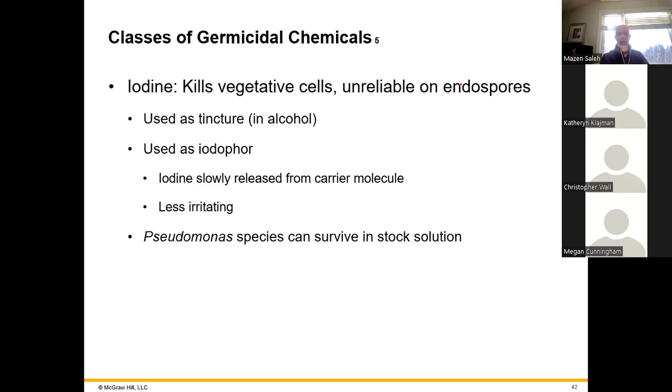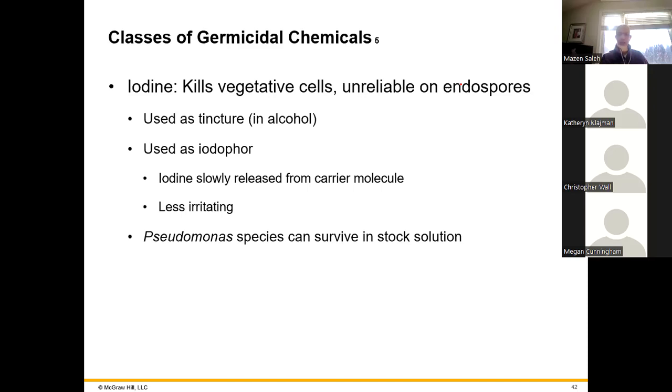But iodine is considered less toxic than chlorine, and there are no known potential carcinogens produced as a result of reactions of iodine. So it is more commonly used in the form of tincture in alcohol at different percentages, and these have been used before